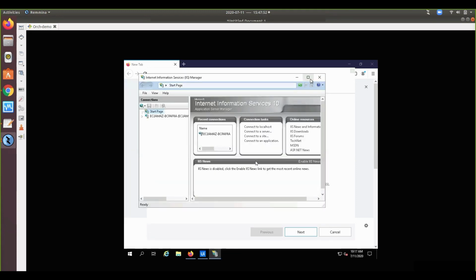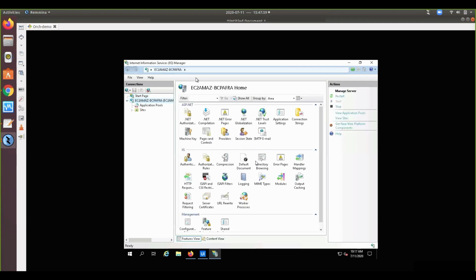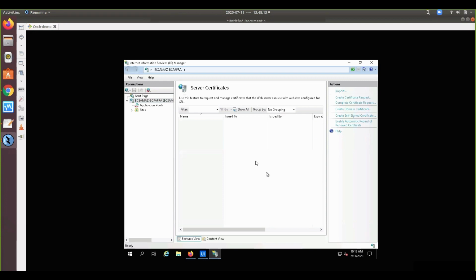For the self-signed certificate, what we need to do is just open IIS. You will be able to see this console, the IIS console. Then you need to go to server certificates. Here you can see the options: create a domain certificate, create a self-signed certificate.